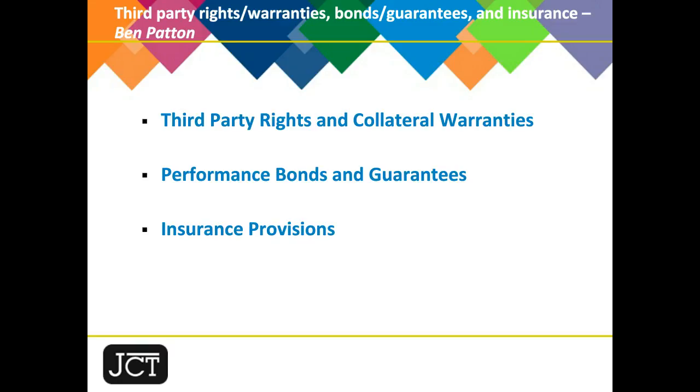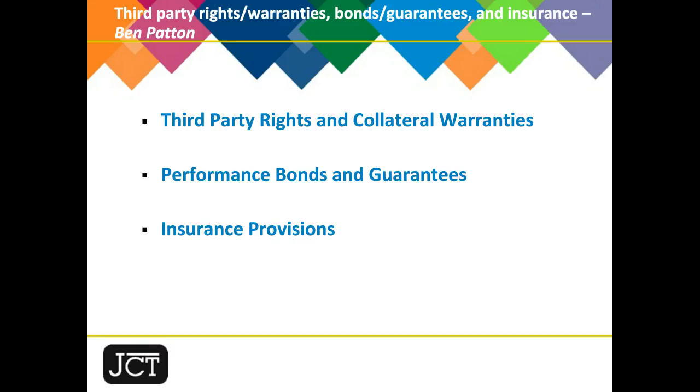So turning to the first of those, in terms of third-party rights and collateral warranties, there are a few changes to these provisions that I wanted to just highlight today. There is now something called rights particulars in the contracts. The main contract particulars are no longer divided into 2 parts in the D&B form, the standard form, and when it comes to intermediate form. A format change is that the old Part 2, which set out the detailed requirements relating to third-party rights and collateral warranties, has been deleted.